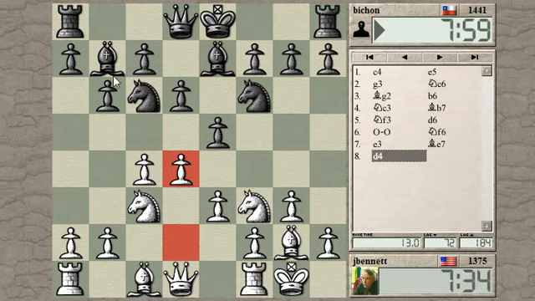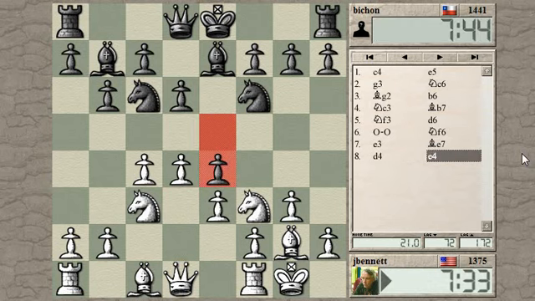On this diagonal, he's put the light squared bishop over here. And if he does take, I'll get a rook on the open E file. He might just castle though. We could play that on E4. So I could play knight to